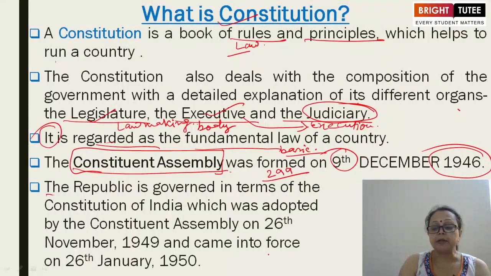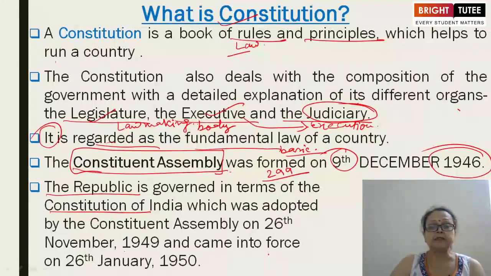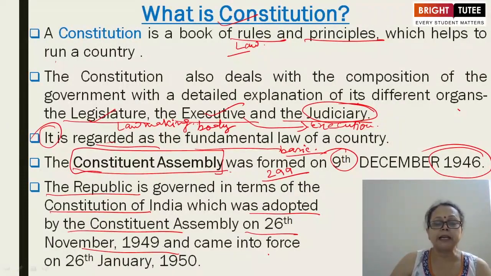Next, the republic is governed in terms of the Constitution of India, which was adopted by the Constituent Assembly on 26 November 1949. So this Constituent Assembly was formed on 9 December 1946, and the complete constitution was ready to implement by